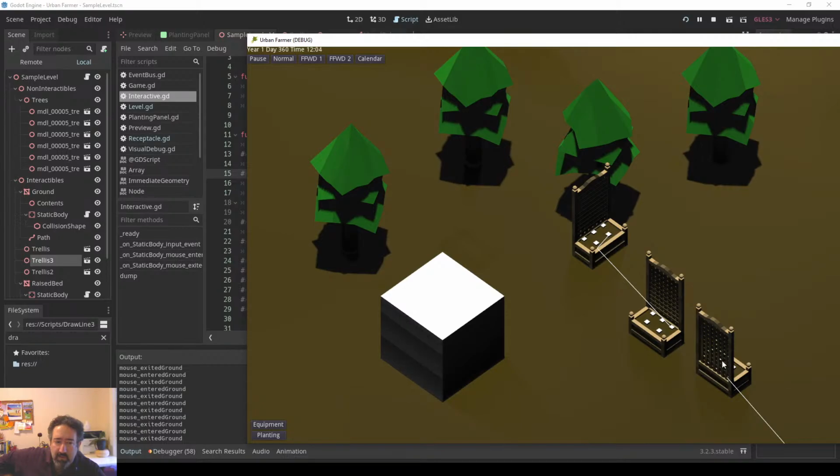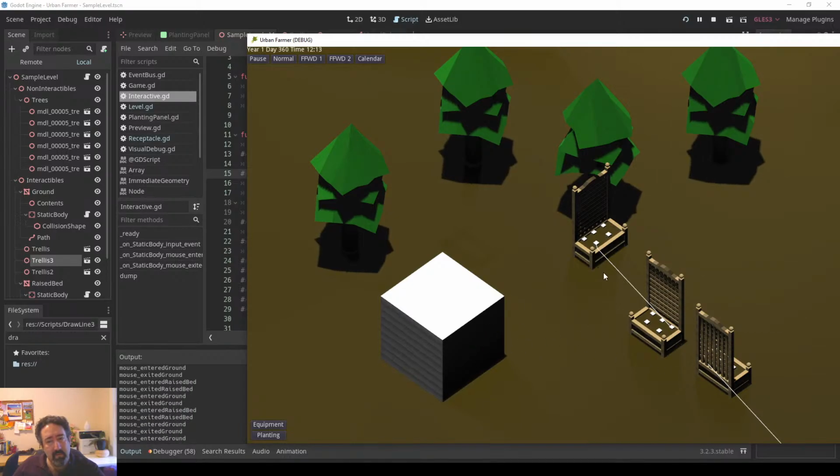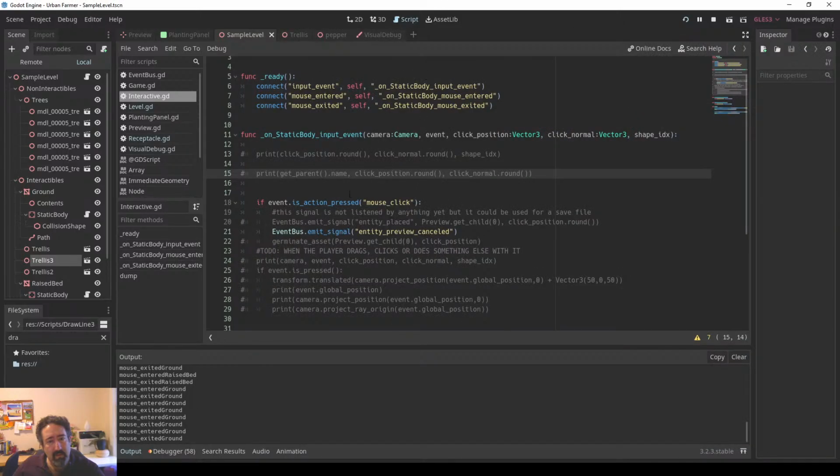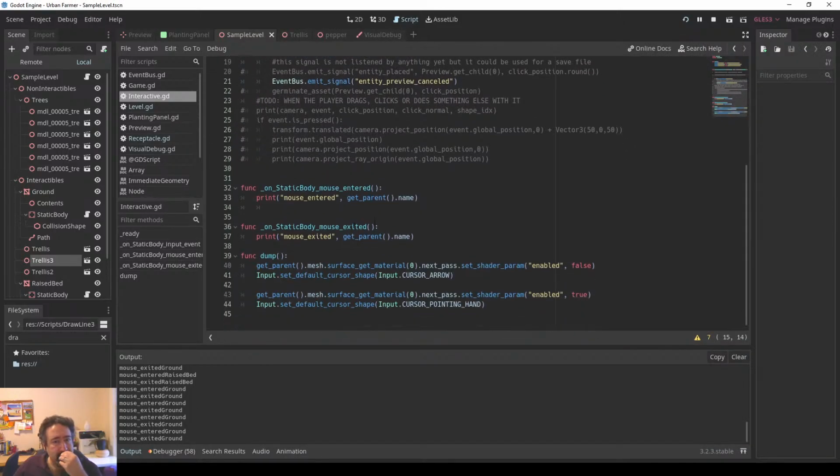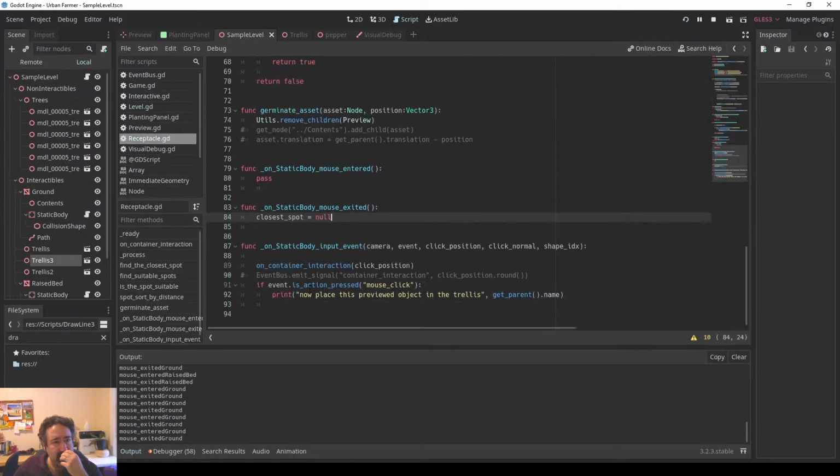Constantly entering and exiting the ground, it's as if the trellis object is not there. Doesn't make any sense. So I understand we are overriding it here, but